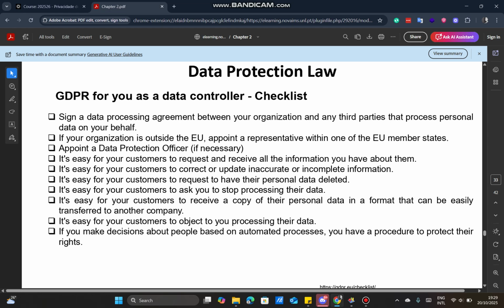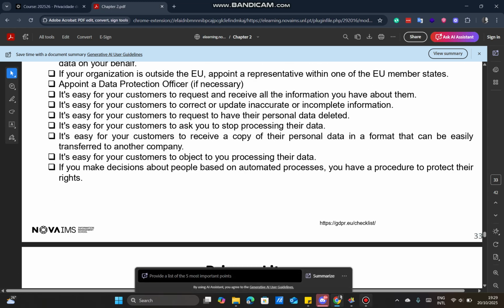They need to be able to ask you to stop processing their data, okay? They need to be able to receive a copy of their personal data. You need to make it easy for customers to object to the processing of their data. Okay, you need to have all these mechanisms in place. I think there are websites where you can make consent management available, and all these automation tools as well. All right, so